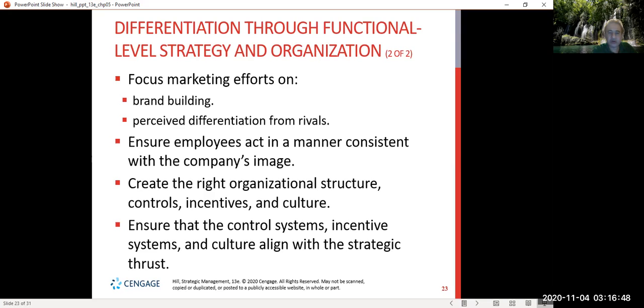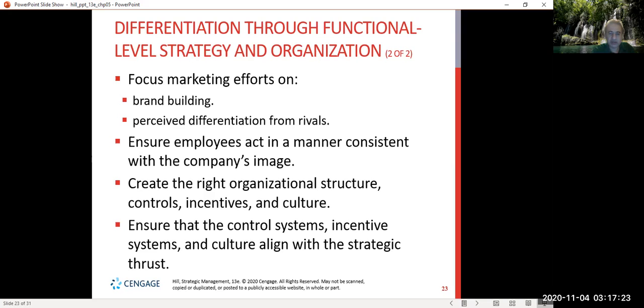So when it comes to the organizational part, creating the right kind of structure, controls, incentives, and culture can help the company to differentiate itself from the rival. In a differentiated enterprise, one key issue is to make sure that the marketing, product design, customer service, and customer care functions all play a key role. Making sure that the control system, incentive system, and culture are aligned with that strategic thrust is extremely important